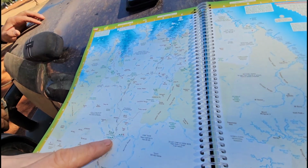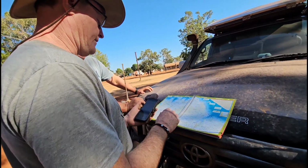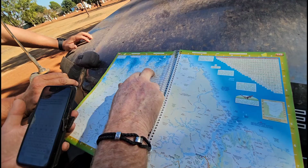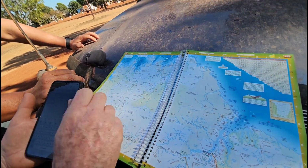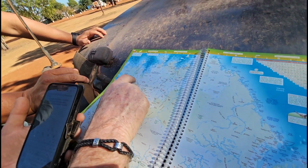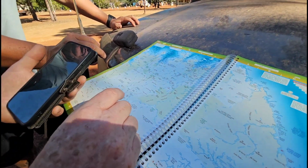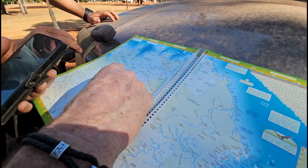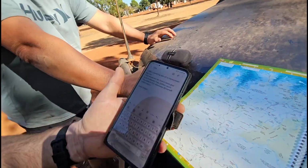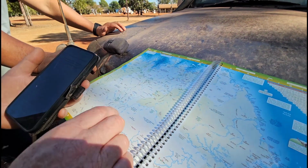Which is the longest? Let's make it to the fork, I reckon, first, and decide. So it works out roughly 260 kilometre round trip from the turn off up to Honeymoon Bay and back. It's about a 206 kilometre return on the Port Warrender Road up and back. There's an extra 30k return on the road into Mitchell Falls, and there's nearly 100 k's each way from Drysdale up to the turn off, so double that, a couple of hundred. So that's nearly 700 k's all up. Which one's going to be easier and which one's harder? Is it all the same from here on in? I think